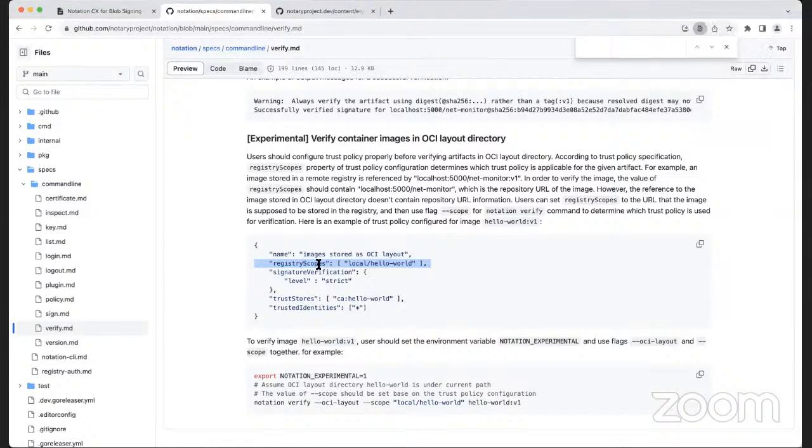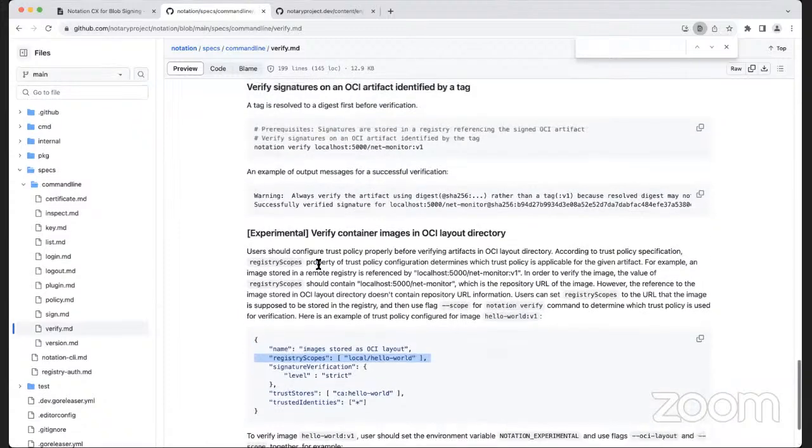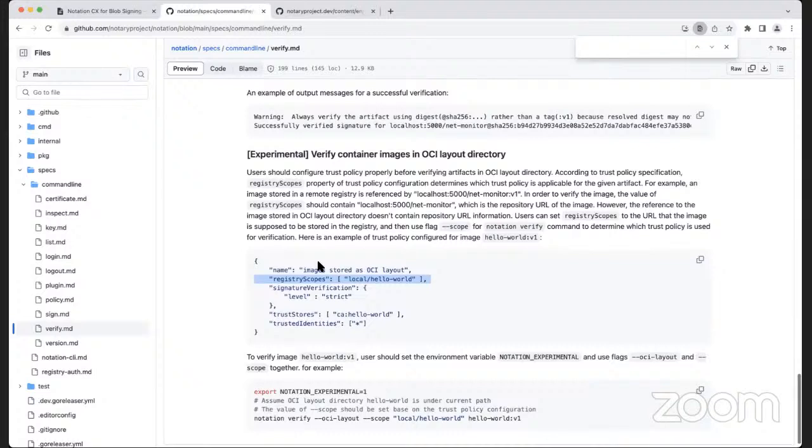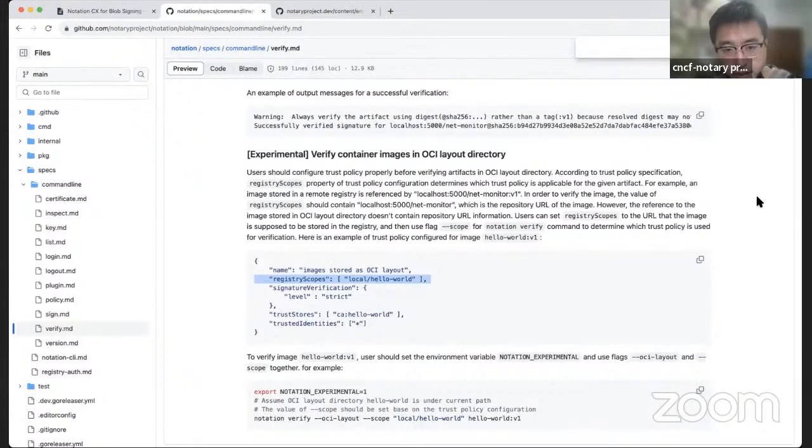So what is actually local slash hello world here? I think here is just an example for OCI layout. User can, at that time, follow the registry scope format, but it is not a repository, right?